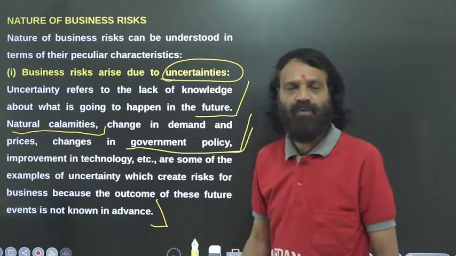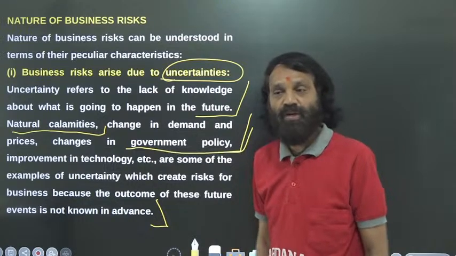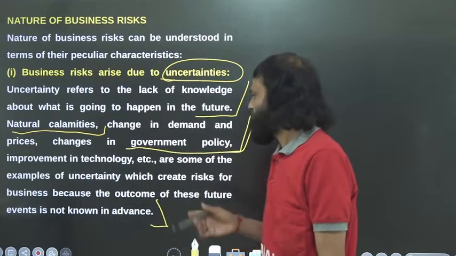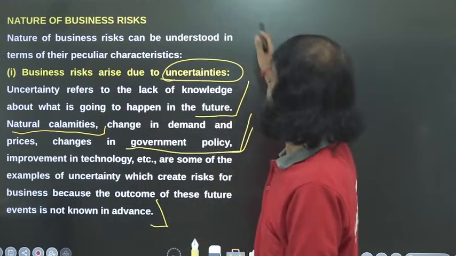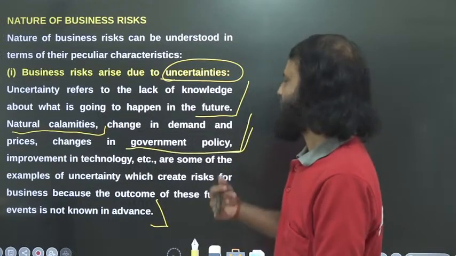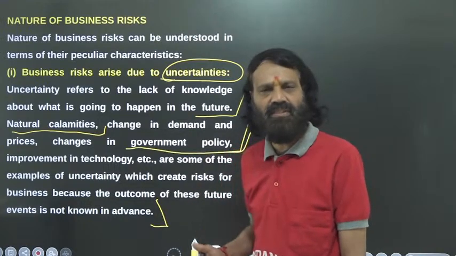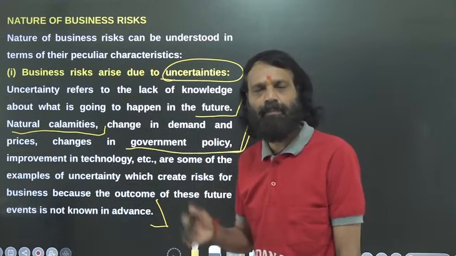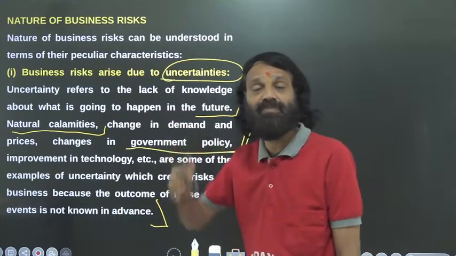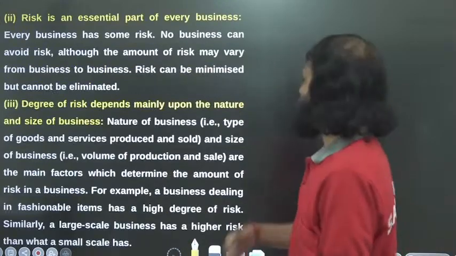We don't know what will happen tomorrow, what new technology is coming in the market, what new product is launching in the market. So, we must be vigilant in all those things. All these factors can affect the business: natural calamities, change in demand, price changes, government policy, theft, everything can decide your business. So, you must be vigilant. A producer or a businessman must always be aware of all these market factors which decide the demand and supply or price.